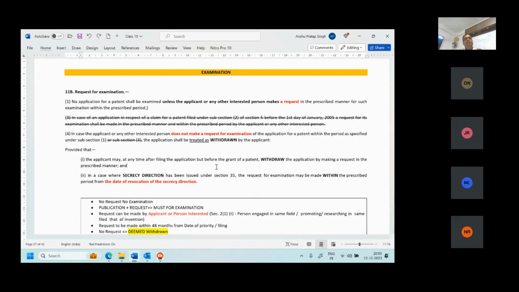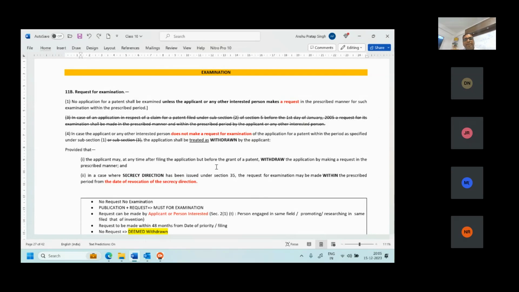Okay, now since there is no request, no examination will be there. Who can request it? A request can be made by the applicant or any other person interested. And who is an interested person? Section 2(1)(t) defines who is the interested person.